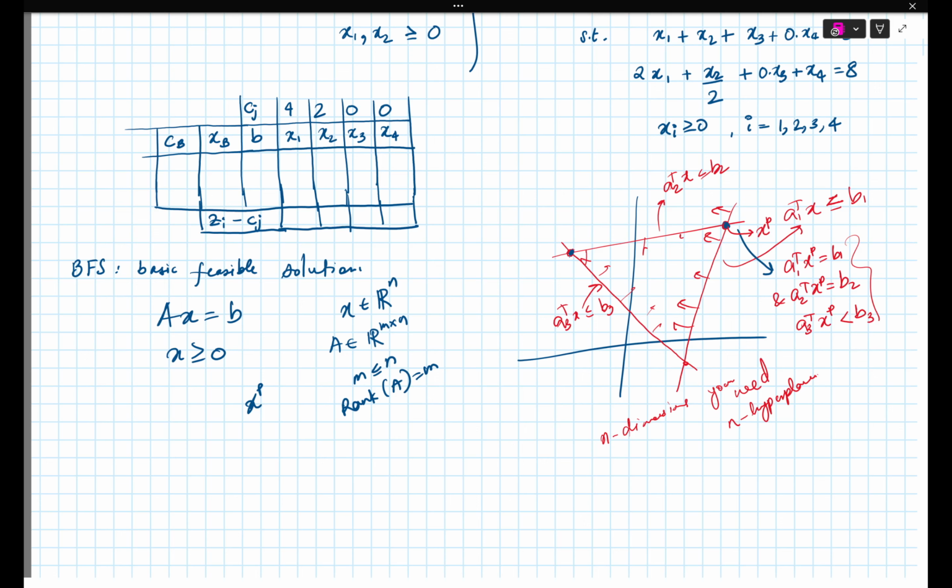So rank of A is equal to m means this A you can basically write as two matrices, that is B and N, where you shuffle the columns, where B is m cross m, and N will be m cross n minus m. Okay,